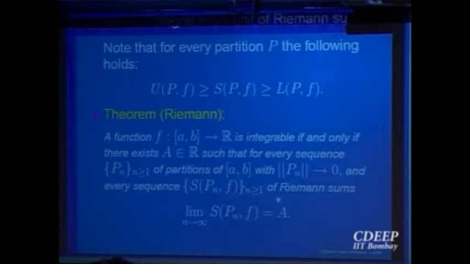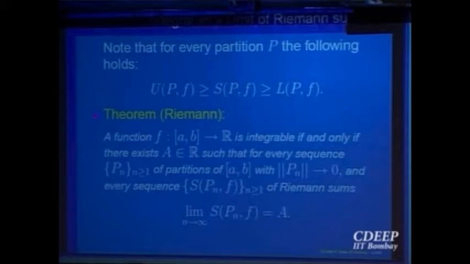But what is the advantage, what is the significant difference between this and the upper sum and the lower sums? See, to define upper sum and lower sum, you have to put a condition. First of all, the function should be bounded, right? Then only you can take the maximum height and the minimum height. While in Riemann sums, you don't have to put that condition at all to define the Riemann sums. You are given a function in the interval [a, b], you take a partition, pick up any point ck in the interval Ik, and look at the height f(ck), multiply by the length of the sub-interval xk minus 1, add it up, you have the Riemann sum. So to define Riemann sums, you don't need a function to be bounded.